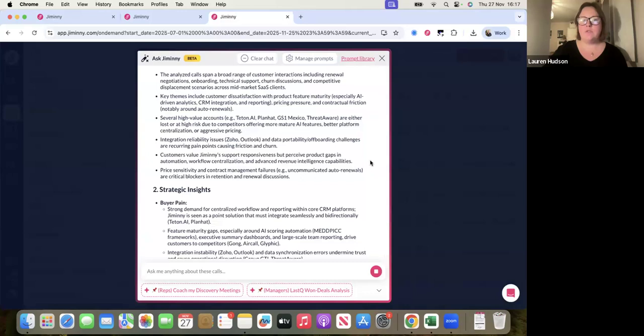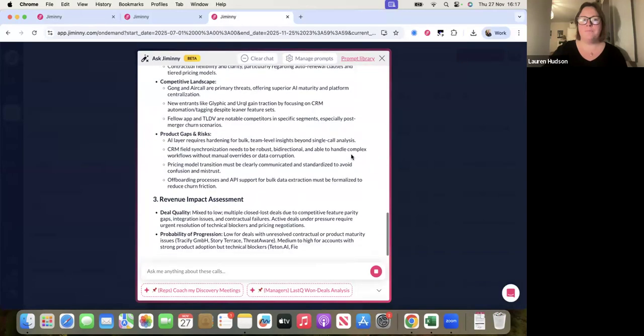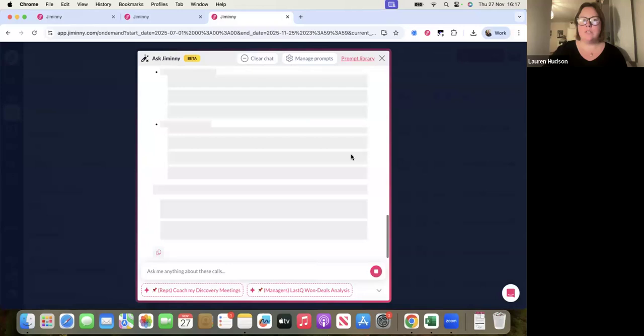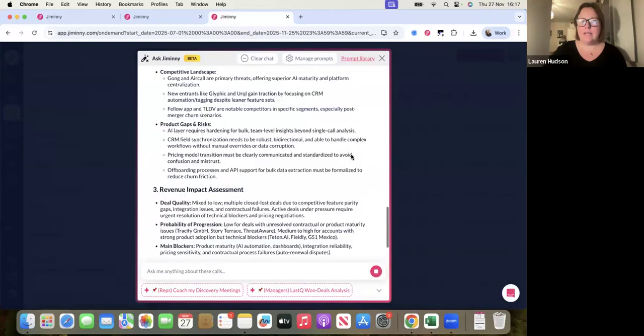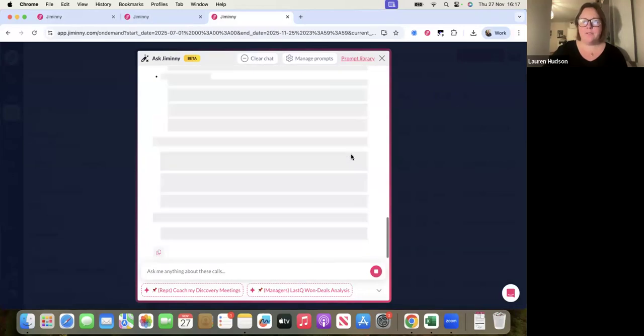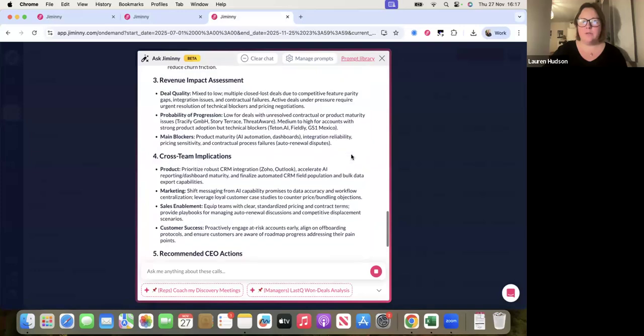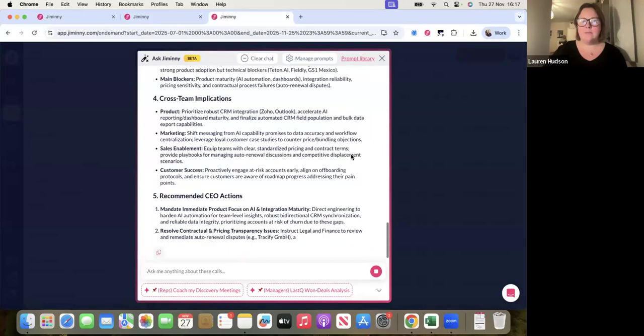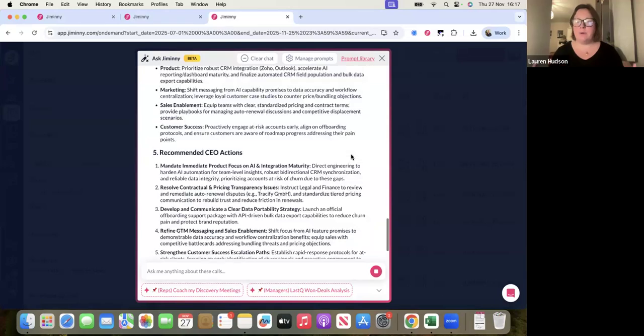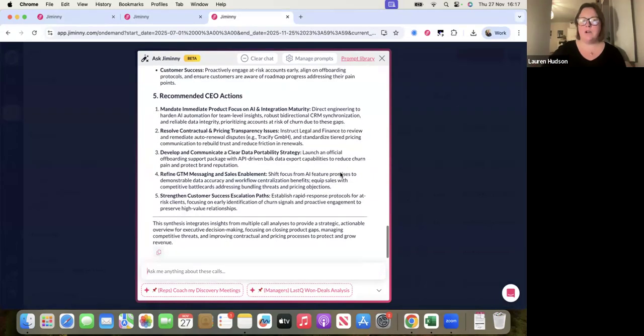So looking across those 21 calls, we've got different elements that it's broken down into. Just give it a minute to load. We've got 5 different elements that we've broken it down into to keep it nice and sharp.